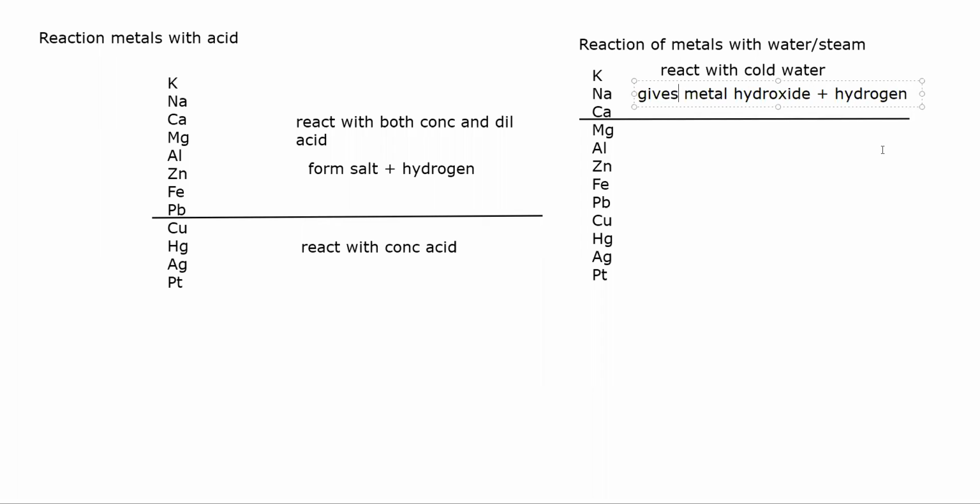This will be the product when it reacts with cold water. For example, if potassium reacts with cold water, it will form potassium hydroxide plus hydrogen. If sodium reacts with cold water, sodium hydroxide plus hydrogen. And calcium reacts with cold water, calcium hydroxide plus hydrogen. From magnesium till iron,